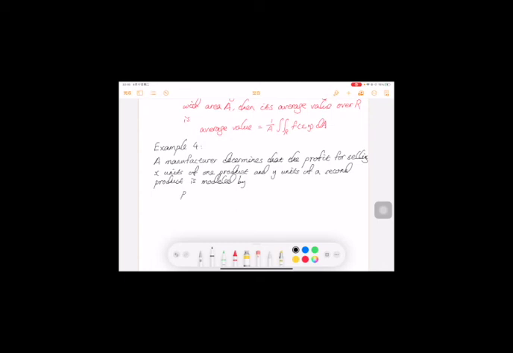Since it's profit, we use the letter P instead of the normal function letter F. P is a function of X and Y, equals minus (X minus 200) squared minus (Y minus 100) squared